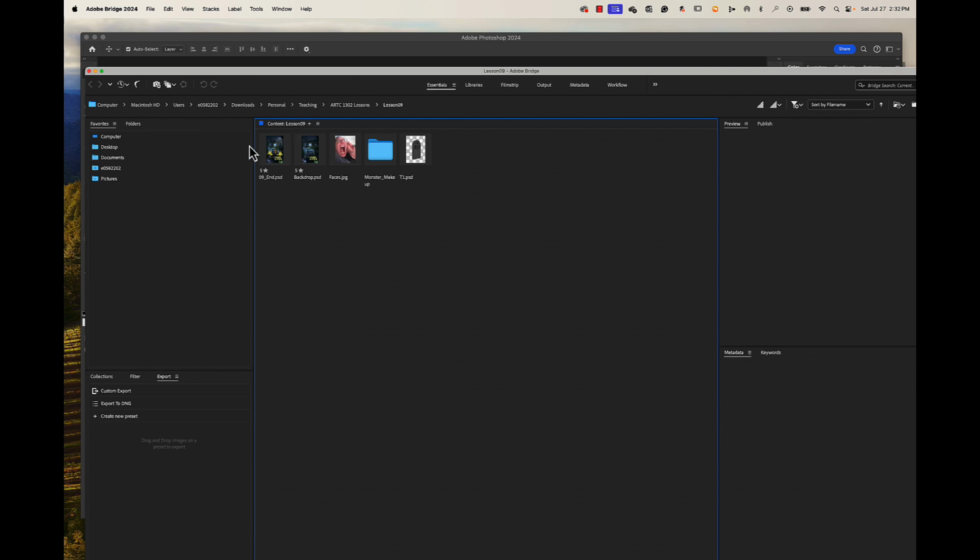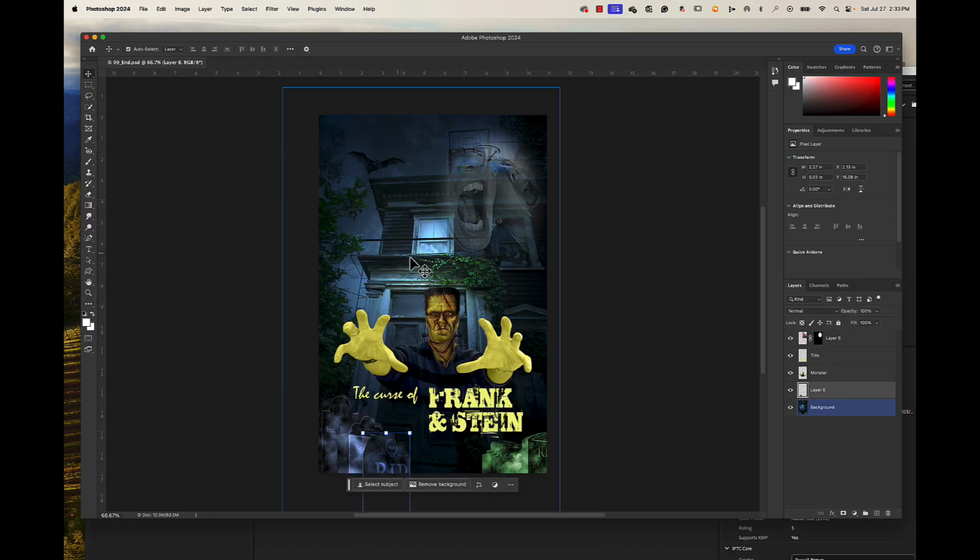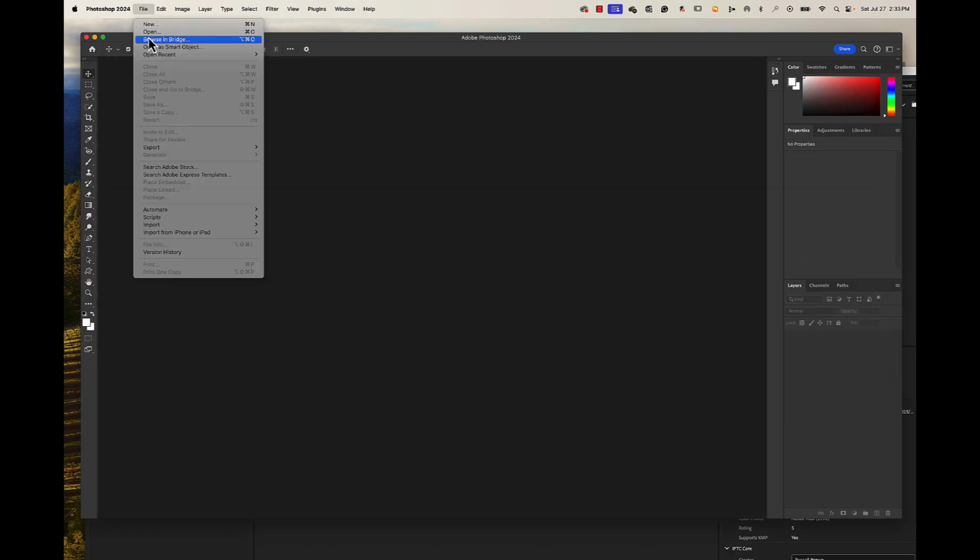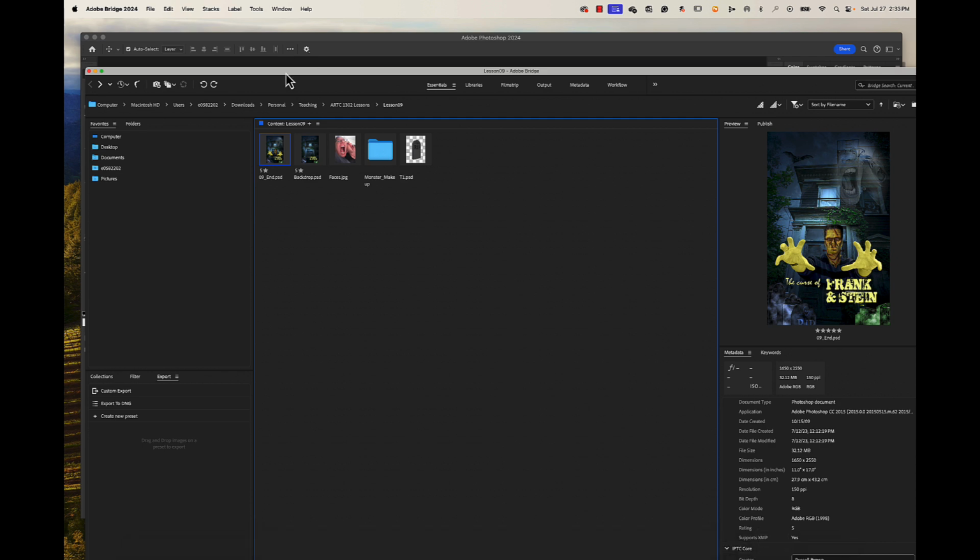Now, our lesson 9 has our end file, our backdrop, our faces, our T1, which is their little tombstone, and then it also has the monster makeup file. This has your bolts, your forehead, Franken, the guy you're going to be using for Frankenstein, the green ear, the neck, nose, skin, and monster hair. If you take a look at the one that we're going to be ending with, there it is. So if we go back to Browse in Bridge,